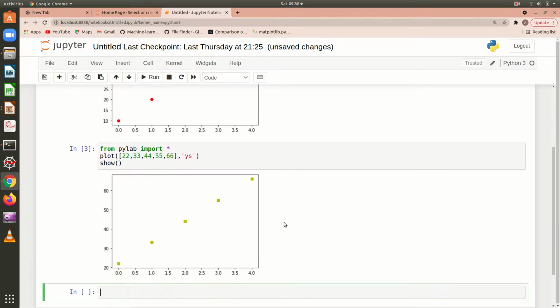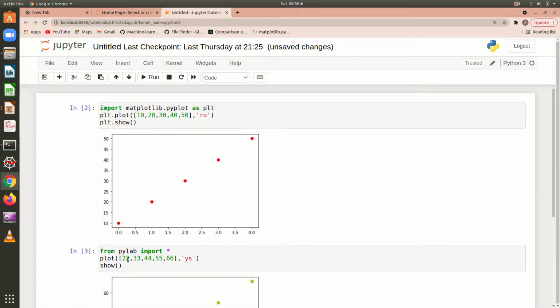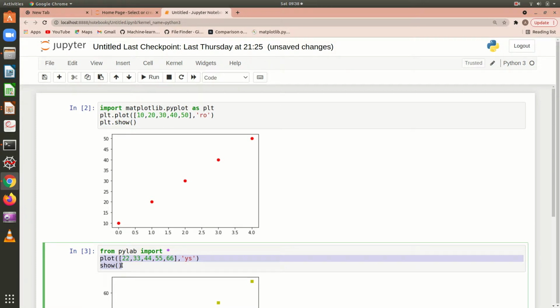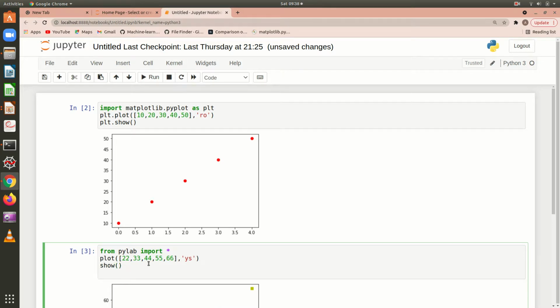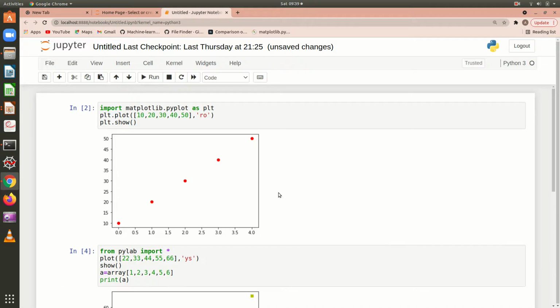Yes, this is the basic difference. So that is what it says. If I use pylab, all the functions will be available as local functions. And not only that, I am not importing NumPy also. But if you want to create an array, you can simply say a is equal to array of 1, 2, 3, 4, 5, 6. And if you want to print the array, you can say print. Okay. So when I run it, you can